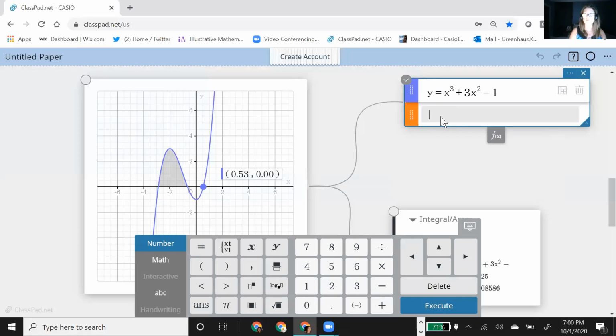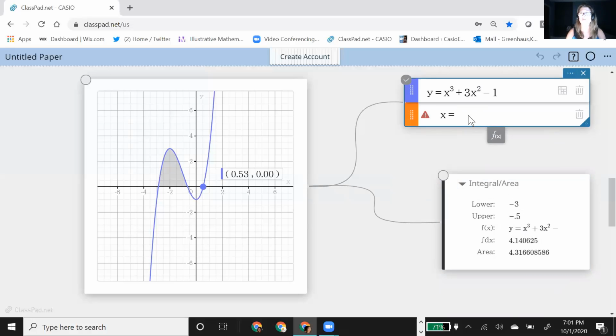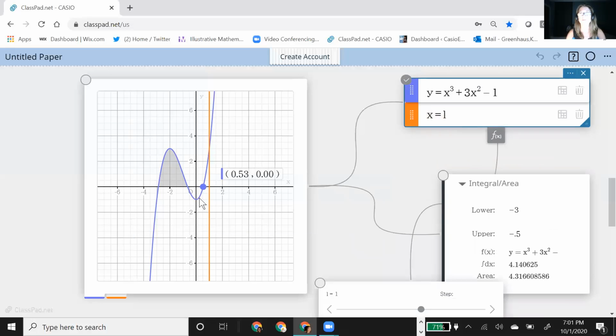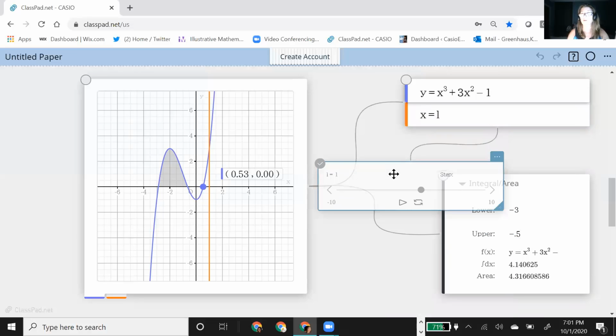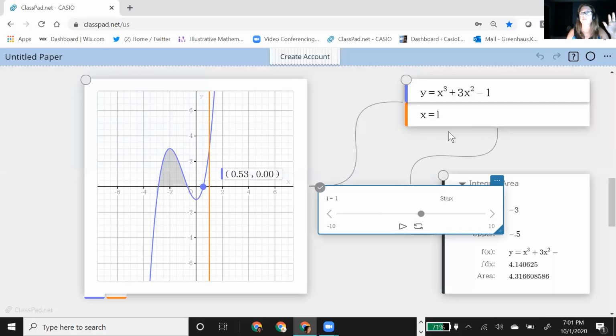So I am going to do x equals, and I like to try to match my variables to what I'm talking about, so let's call it L. So L is going to be my variable for my lower bound. So watch what happens. It graphs a vertical line at that lower bound, and the default always lands on 1, just so you know. And then let's do the same thing.